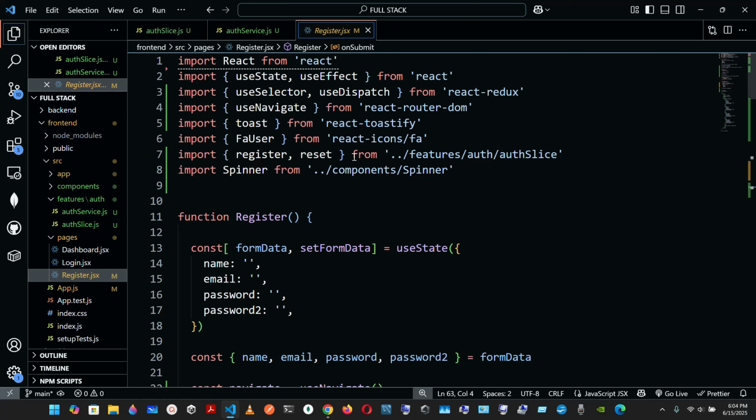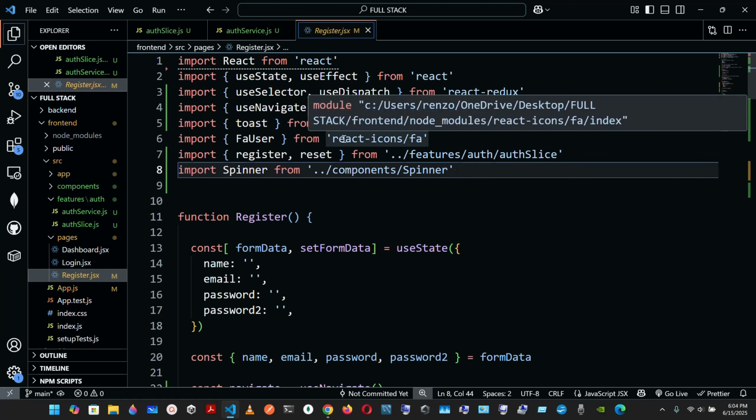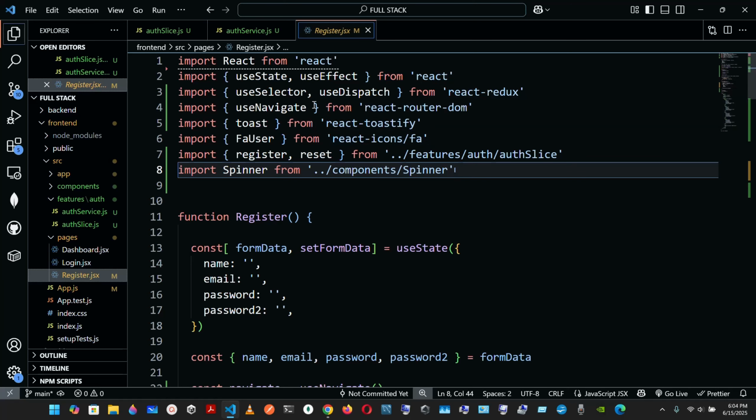So to do that, let me see. Okay, so we already have it. I already have the use selector. Okay, so the use selector is already here. We also have the use dispatch, and this has to be from the